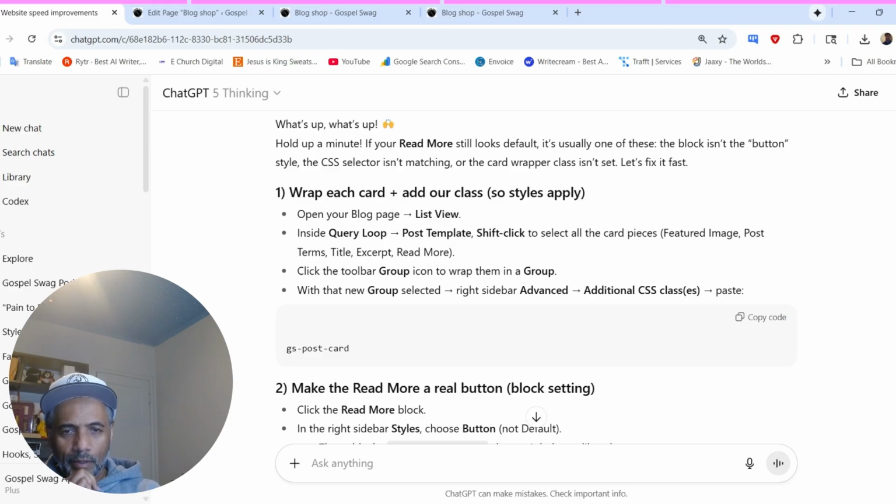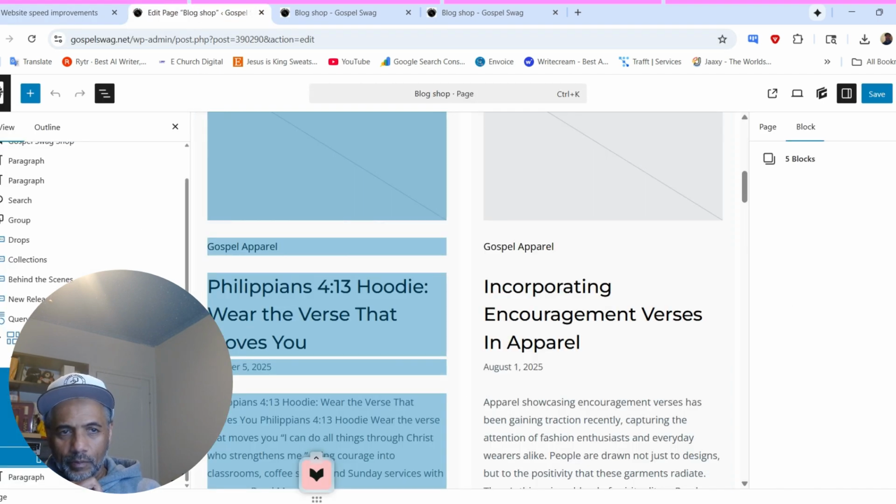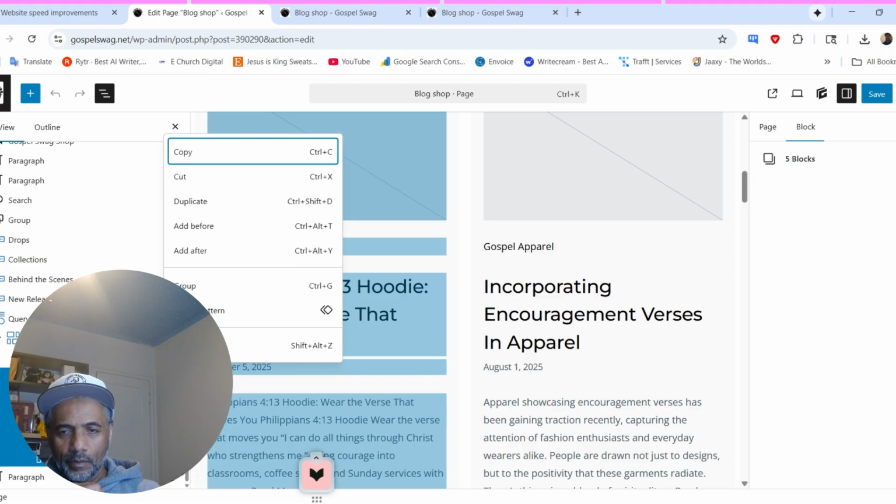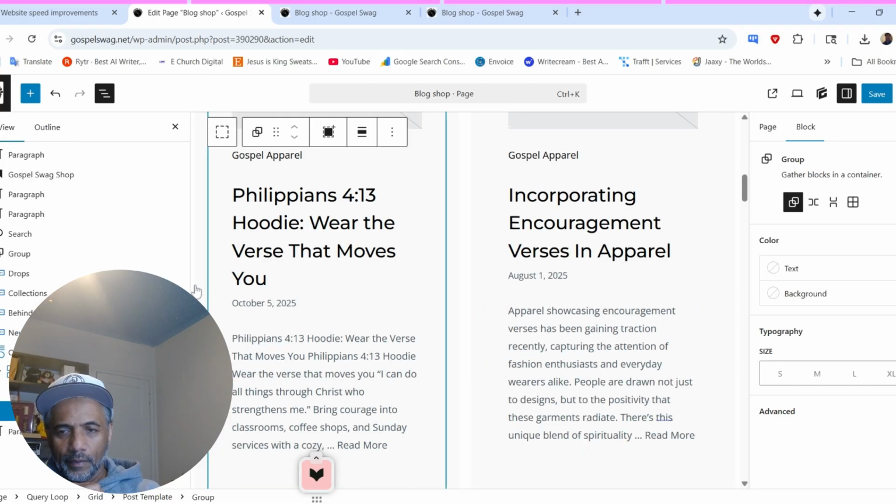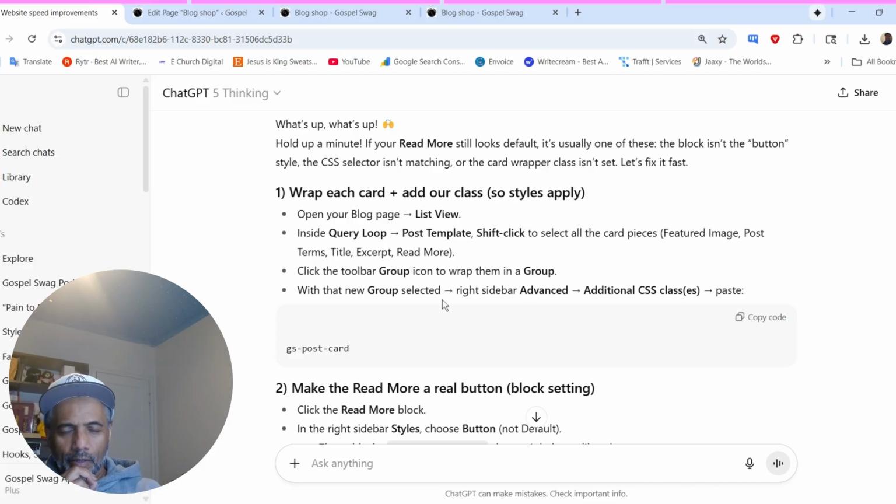Click the toolbar icon to wrap them in a group. Toolbar group. Where's toolbar group? Is that it? Okay, group. Got it. We did it. Okay. With that new group selected,